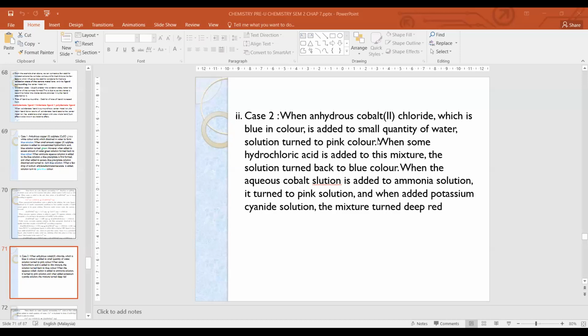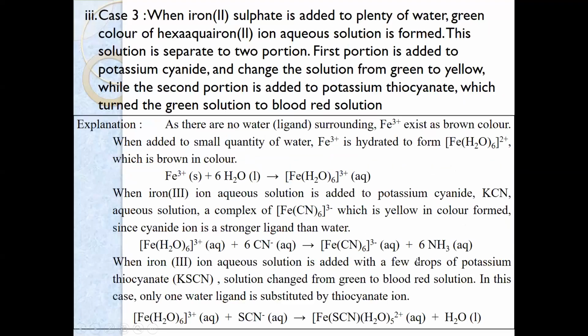Okay. So this is about the cobalt, and I can only show you these 2 videos only for the cobalt. Okay, and last but not least, the third study case in here is this one. So the explanation is